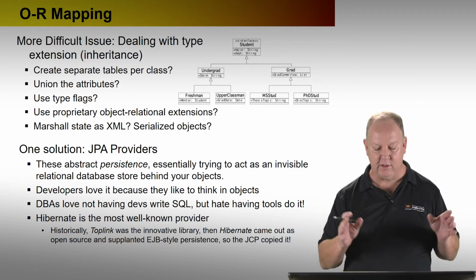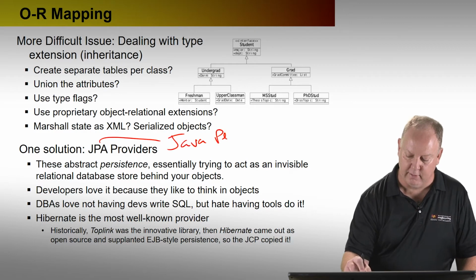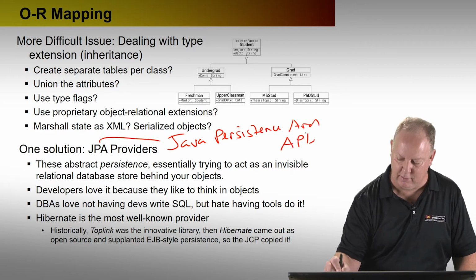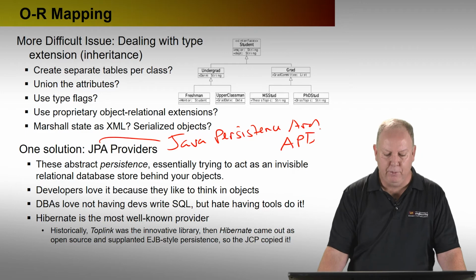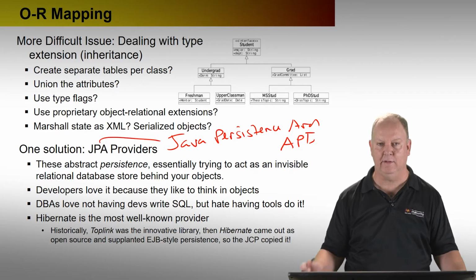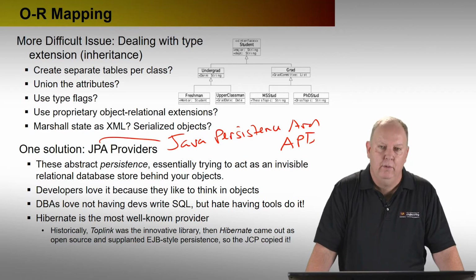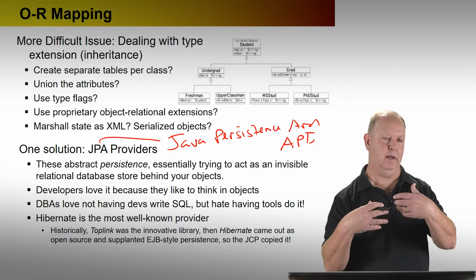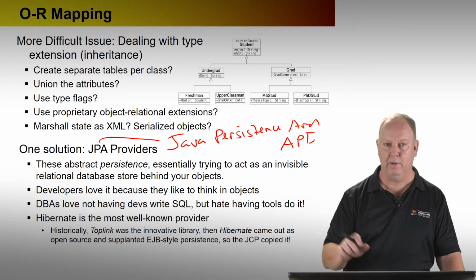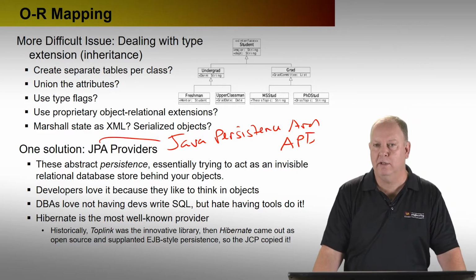So one solution is the Java Persistence Architecture. That's what JPA stands for, Java Persistence Architecture, or API, some people refer to it. The point being that the JPA specification abstracts the notion of persistence, meaning as an application programmer in an object-oriented world like Java, or pick any other object-oriented language you want, what I really want to do is say I've got an object or a set of objects in an object graph where those references are being held onto each other, and I want to persist them. I want to basically go to the object and say, persist your state somewhere.